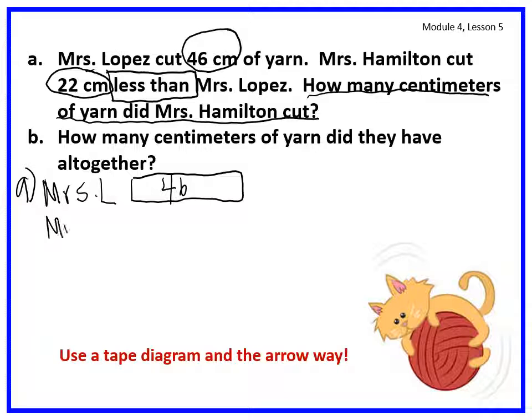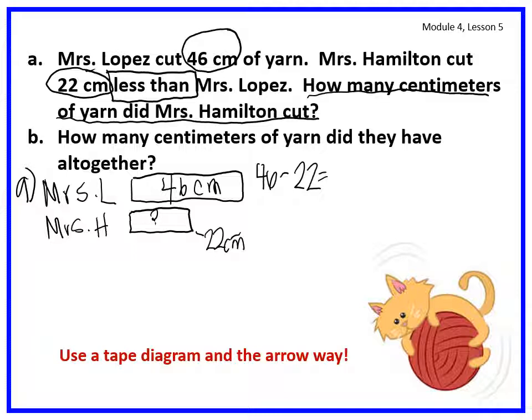And Mrs. H has an amount that we have to solve for, but there's 22 centimeters less. Let's put the label there too. So now my equation would look as 46 minus 22